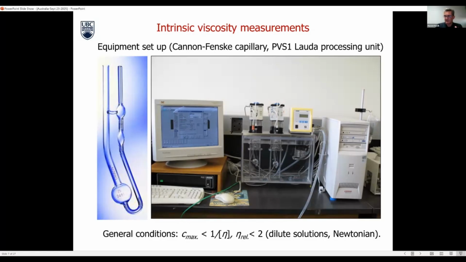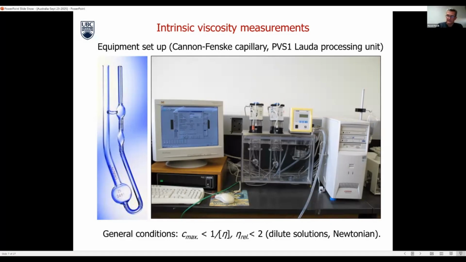So these are extremely dilute solutions, maybe 10, 20 ppm in water. They have to be Newtonian. The definition of dilute is actually given mathematically at the bottom of my slide. The relative viscosity must be less than 2. And the highest concentration that can be tested in this measurement cannot exceed a reciprocal value of